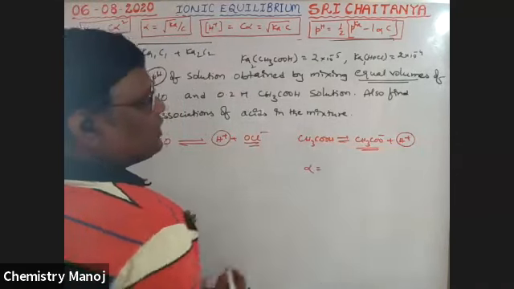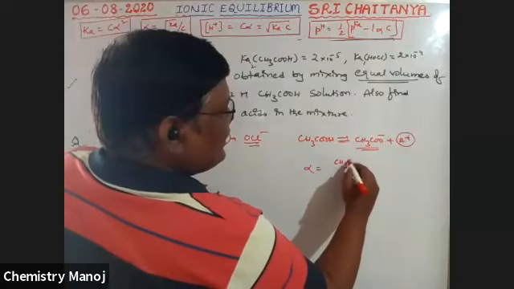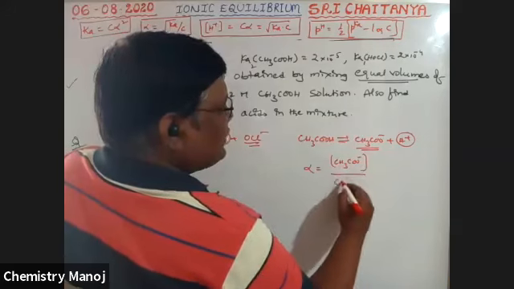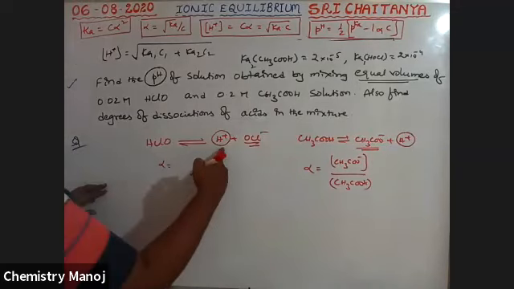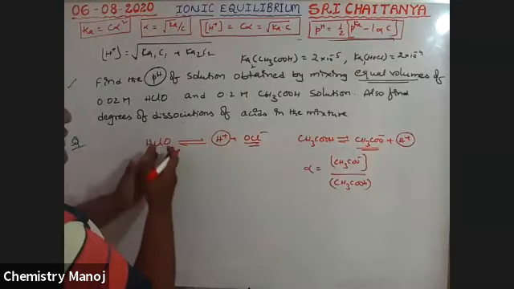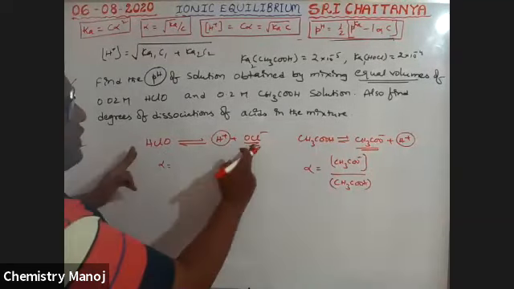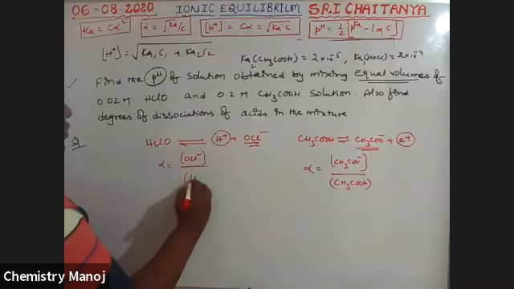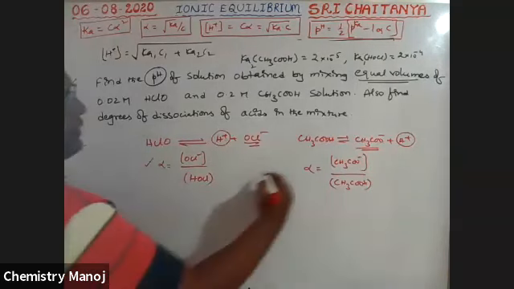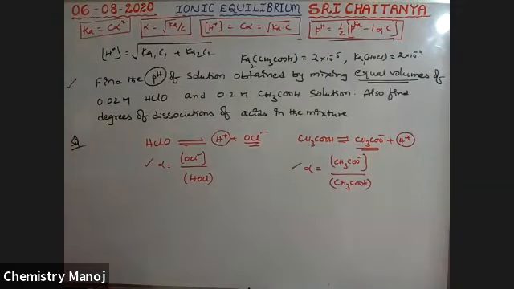So the degree of dissociation alpha is equal to CH3COO minus concentration by the CH3COOH concentration initially taken. Here also alpha is similar, because the H plus concentration is collectively taken. That is not from only this acid, not from only that acid. Both are combinedly taken. That is why H plus concentration is not used. So this OCl minus is only from HOCl. That's why it is OCl minus concentration by HOCl concentration. So this is alpha, and find out the OCl minus concentration, and similarly find the CH3COO minus concentration. Apply the formula.